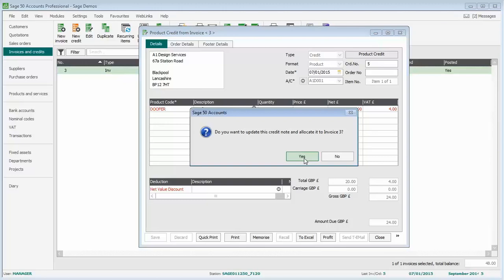If the original invoice is still outstanding, the credit note will automatically be allocated if we click yes. If the invoice has been paid, then the credit note will update and show as outstanding against the customer's account. If the invoice was part paid, it will allocate as much of the credit note as possible to the invoice, and then part of the credit note would remain outstanding. So if we just click yes to that prompt,